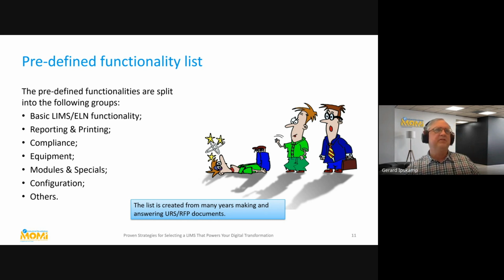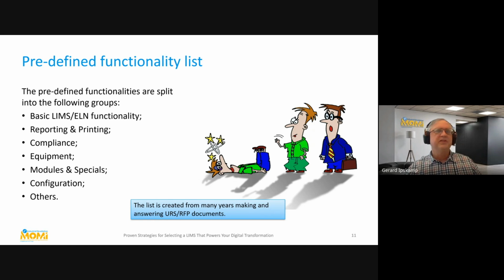So: basic functionalities, LIMS and ELN. Sometimes that's a gray area. What is ELN? What is LIMS? So that's why I sometimes put them on one list. Reporting and printing, compliance, equipment and equipment management and connections, and these types of things.